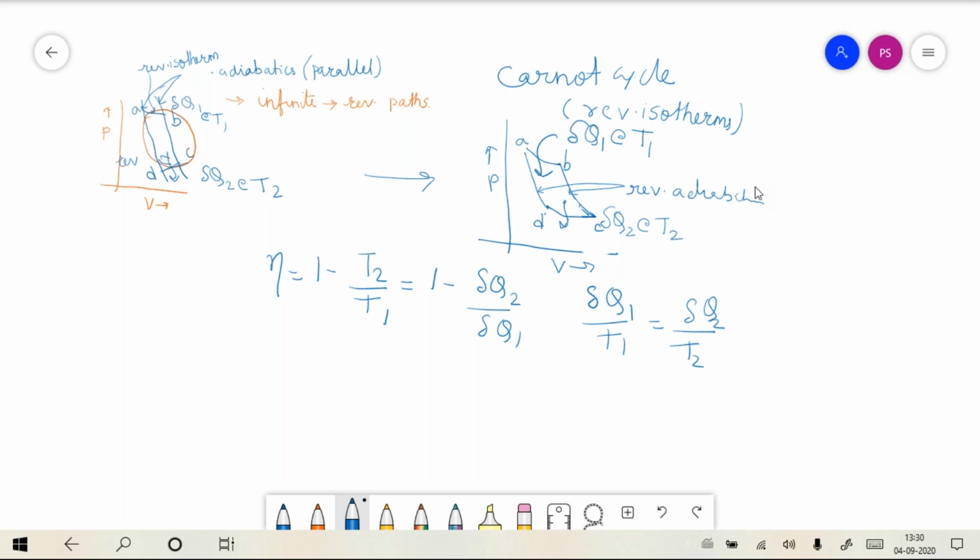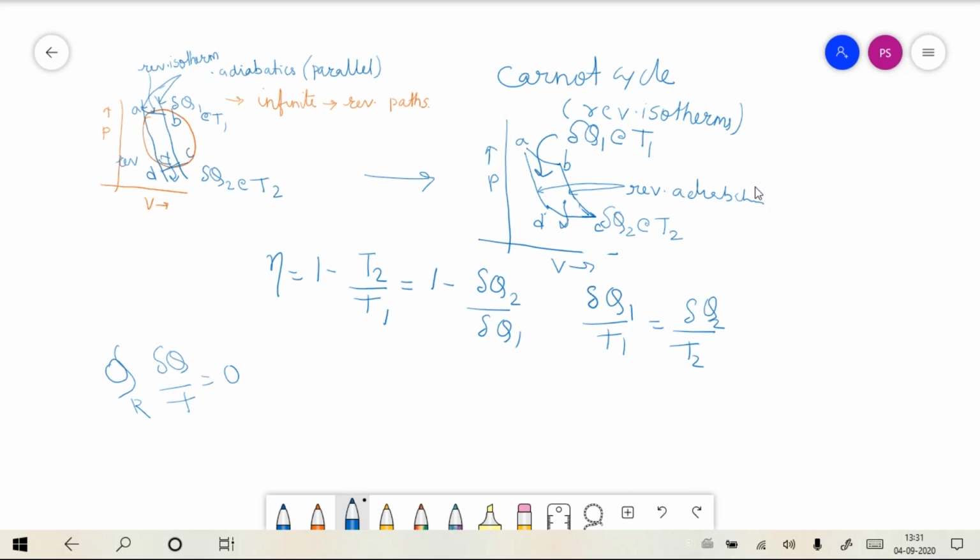Okay, let me repeat this once again. What we want to prove is the Clausius theorem. And what is this Clausius theorem? It means the cyclic integral of del Q by T for a reversible cycle is equal to 0. This is the Clausius theorem, and we want to prove this. Now, how are we proving this? For proving this, we have considered